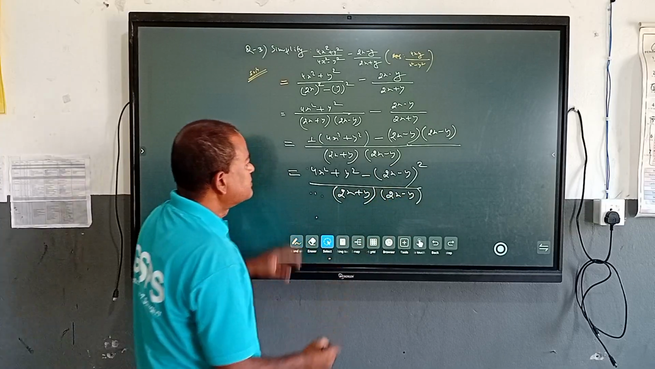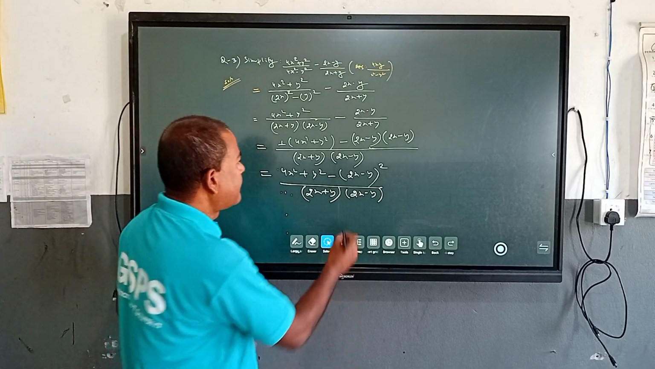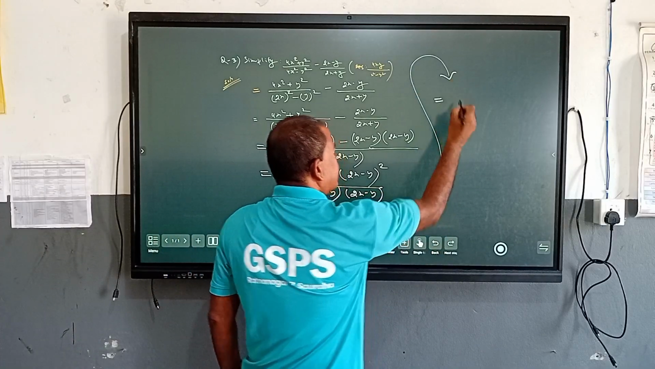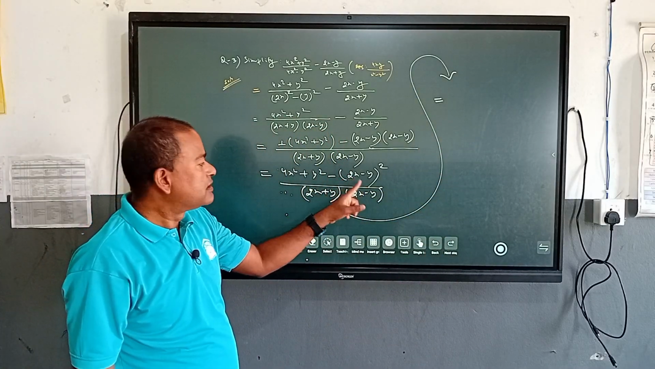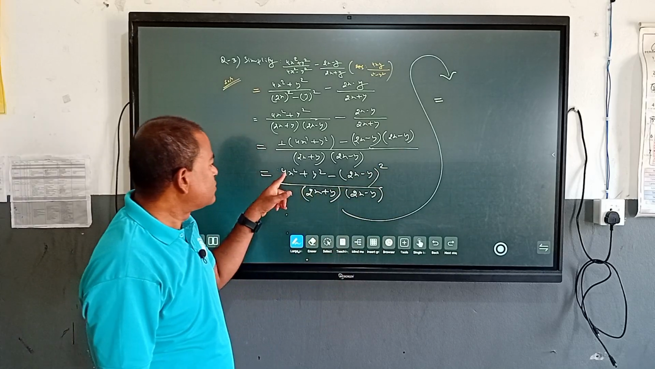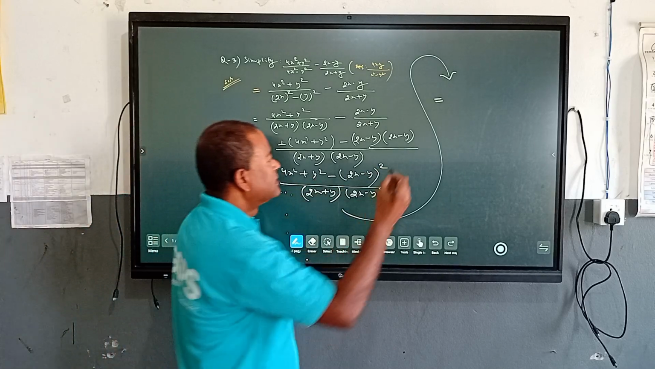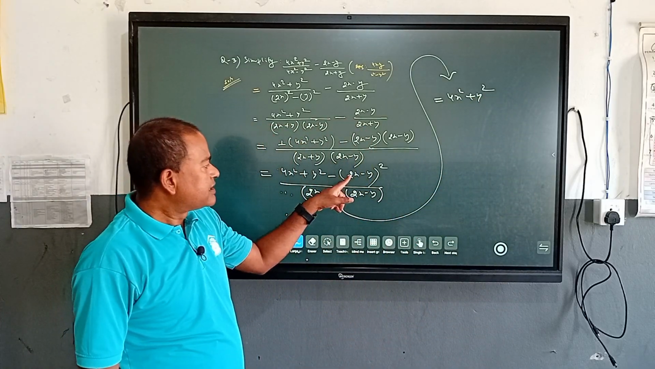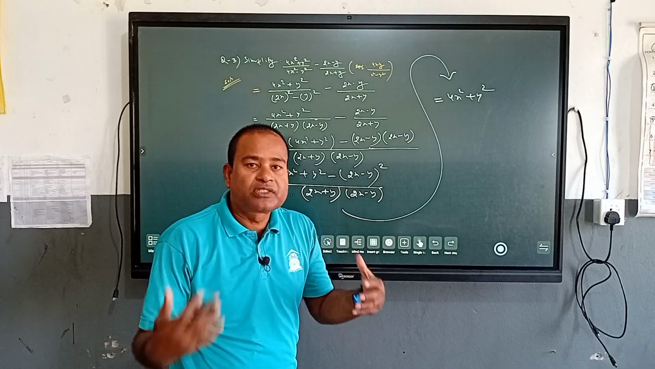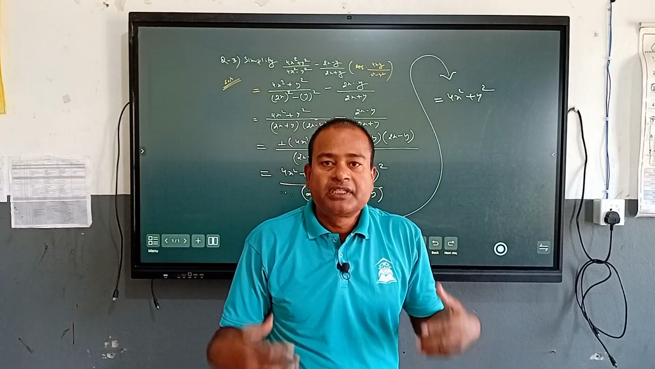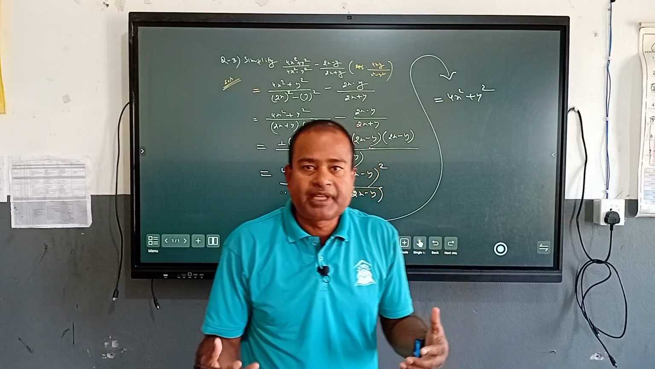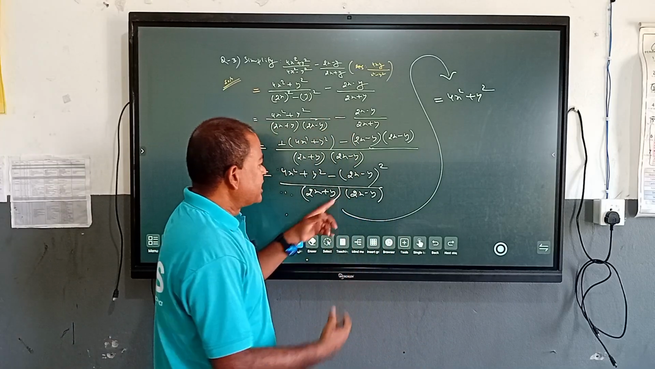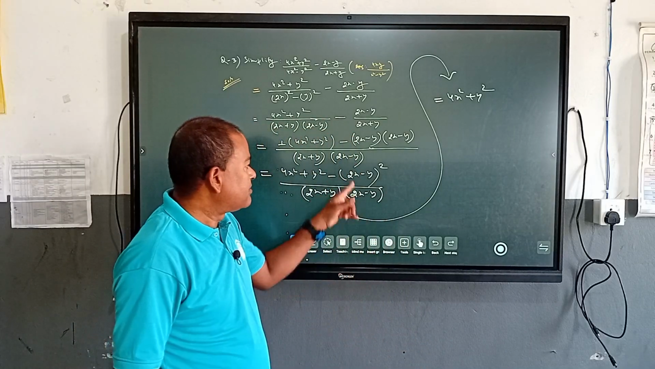Dear students, now we have to expand 2x minus y whole square. So let's write down 4x square plus y square as it is. The first part 4x square plus y square as it is. Now we can expand 2x minus y whole square by using the formula of a minus b whole square. Dear students, we know that the formula of a minus b whole square is a square minus 2ab plus b square. So if we expand 2x minus y whole square by using the formula of a minus b whole square,